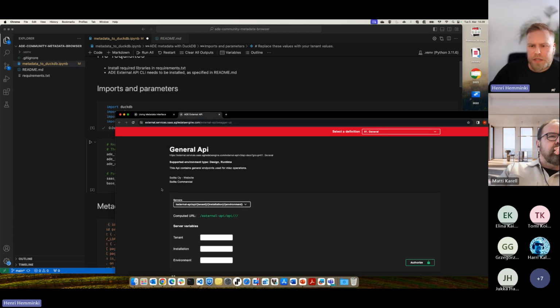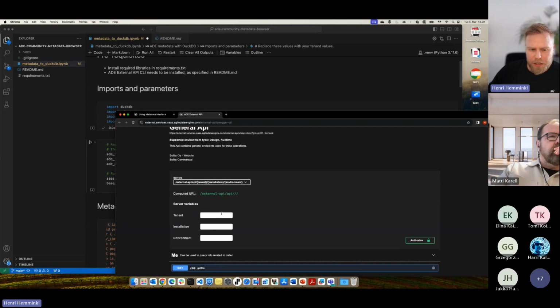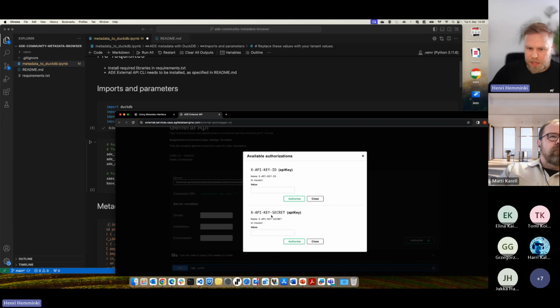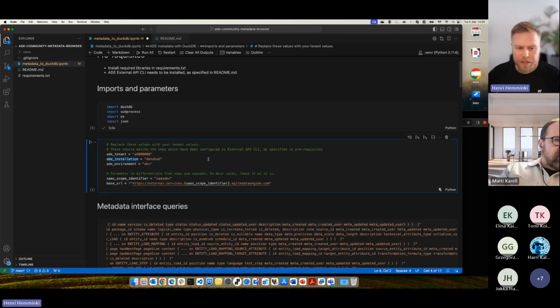In the Swagger documentation, if you dig deeper into the external API, there are similar things like tenant, installation, and environment, and you need to get the keys from the support portal. Those are the same things I'm now using in this demo.